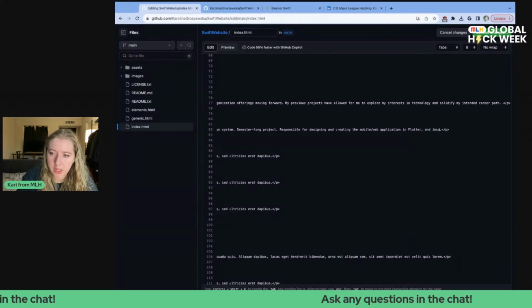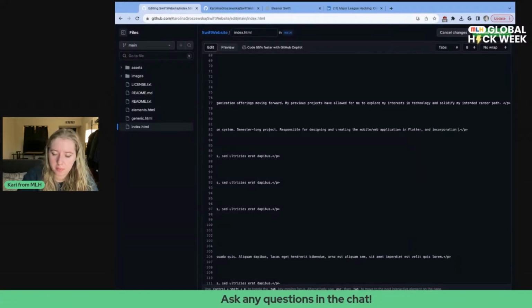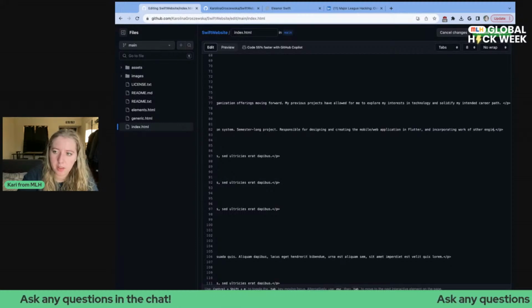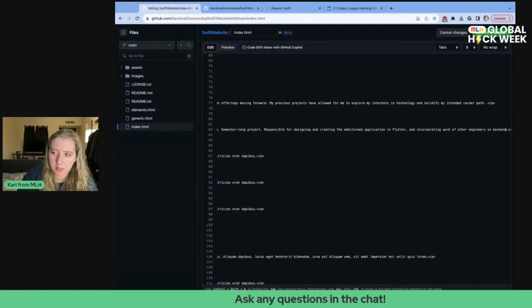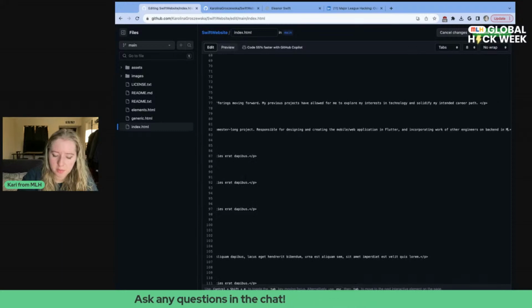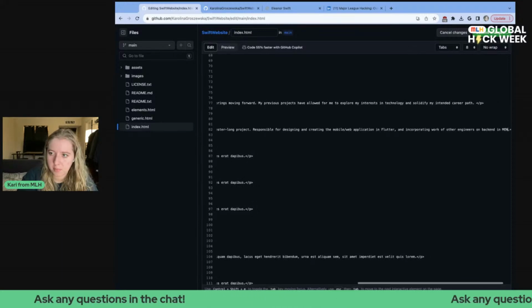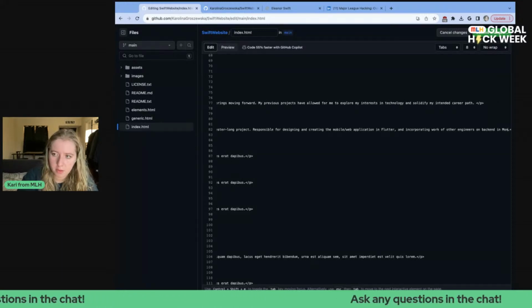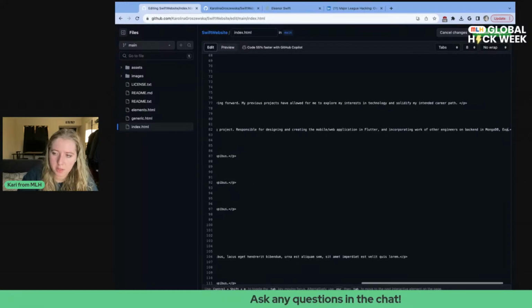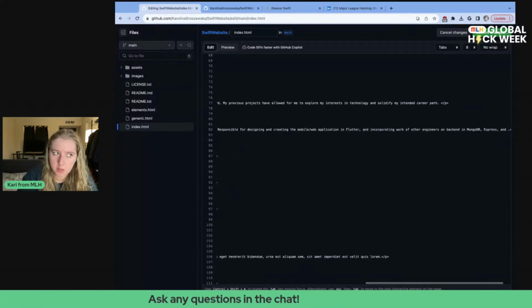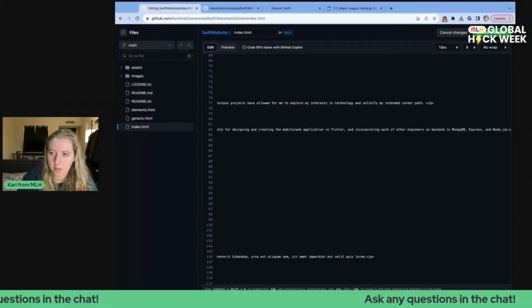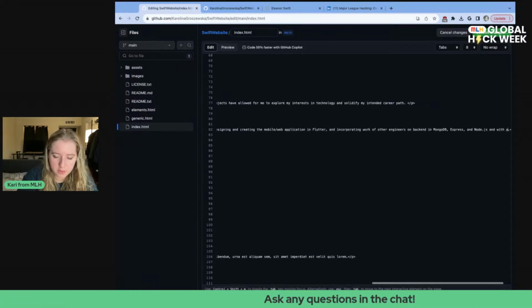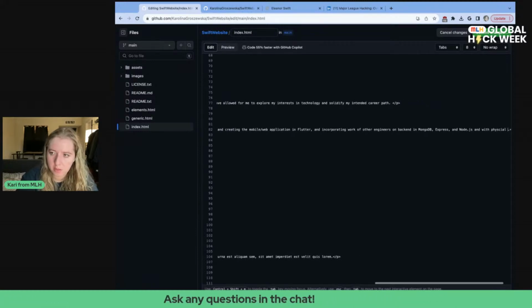And incorporating work of other engineers on the backend in Express, in MongoDB, Express, and Node.js, and with physical smart